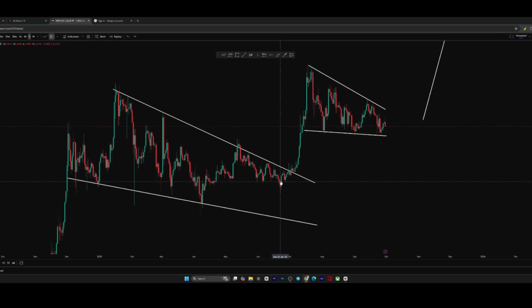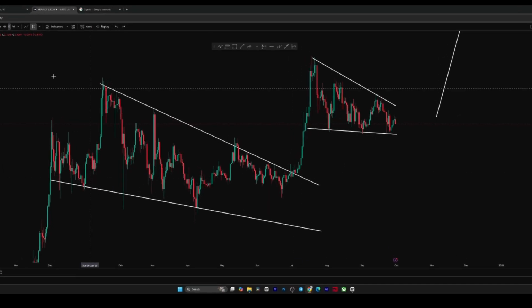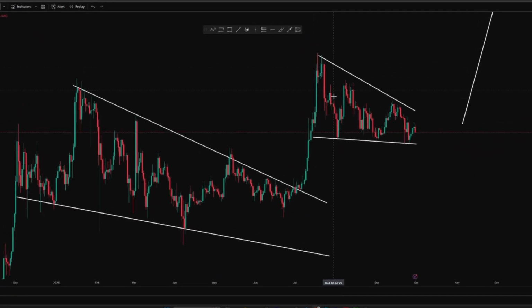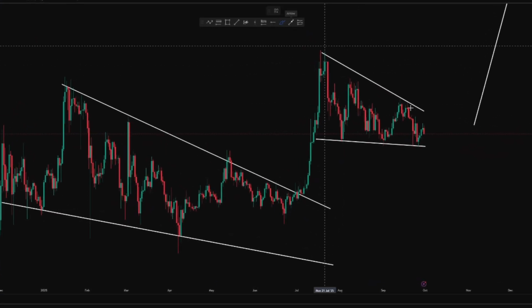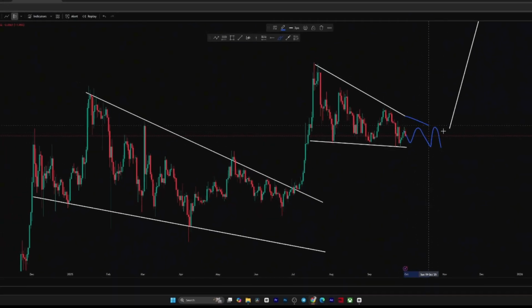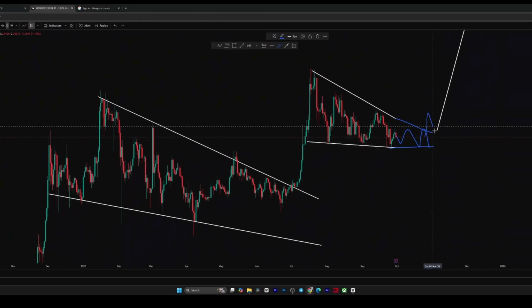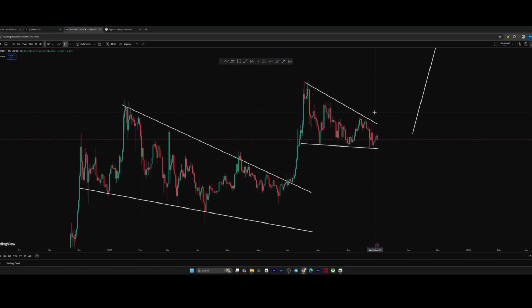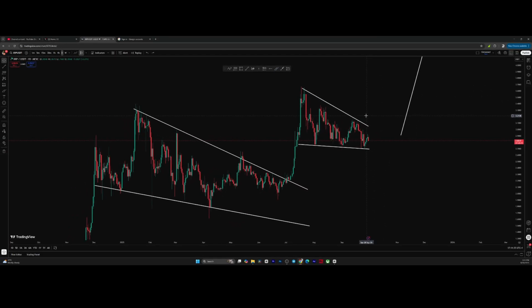Over here I could also see a head and shoulders, right? So yeah, we have this triangular pattern, right? Then we have another one forming here. Now this one may take some time. It may go down, go up, go down, go up, so on and so forth, but eventually it's going to break, right? And of course, with the whole fundamentals going on around XRP, with the whole hype, the whole buzz